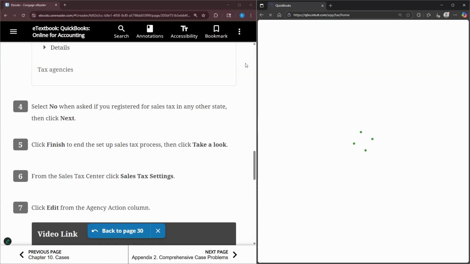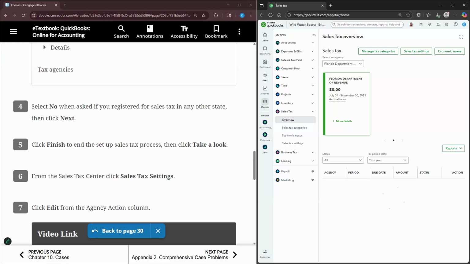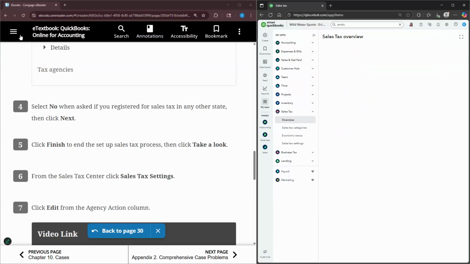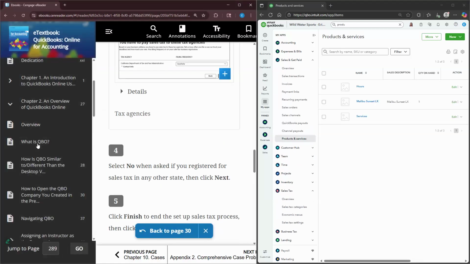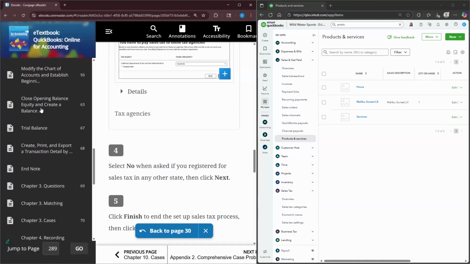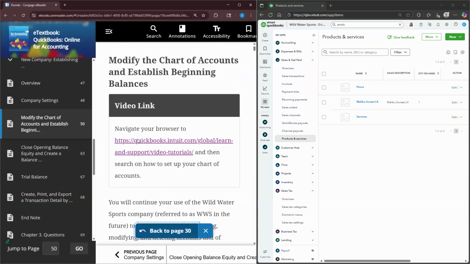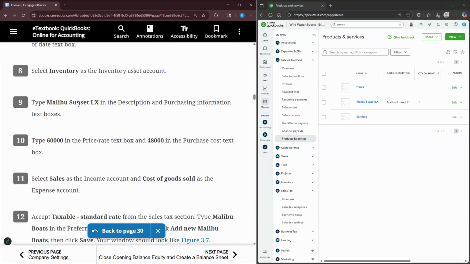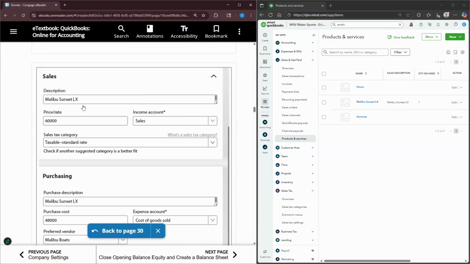So again, when you add that product or service, if you do not see the sales tax information pop up, that is because you did not follow the steps in chapter 2 to set this up. So just keep that in mind. All right, so we go back to our product and service. And I'm going to jump right back to chapter 3. All right, so here we are. Let's scroll down. All right, so we already added the Malibu Sunset LX, and now we are going to add